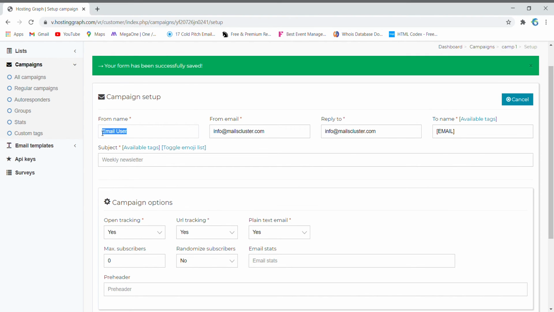Now here you can edit your information, like what name you need to send the emailer from, like my company name or my product name. Here you can select your from email and reply email. If all are the same, you can leave it, or you can change your reply email address here.